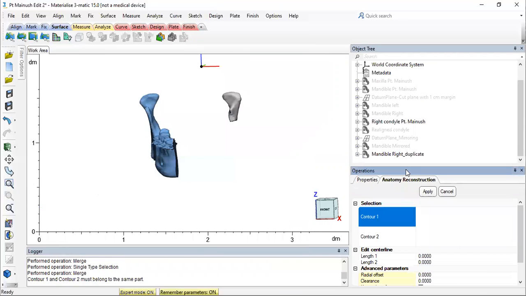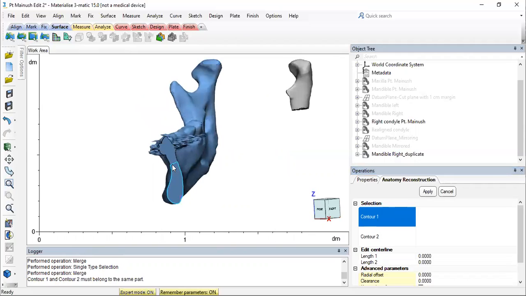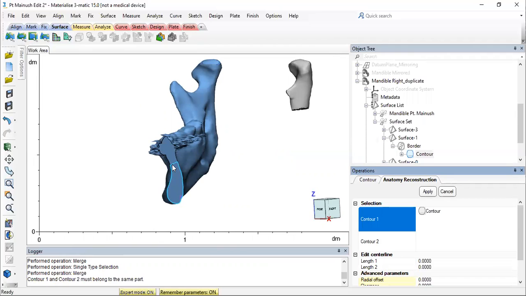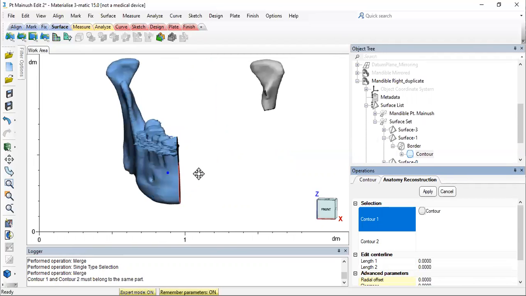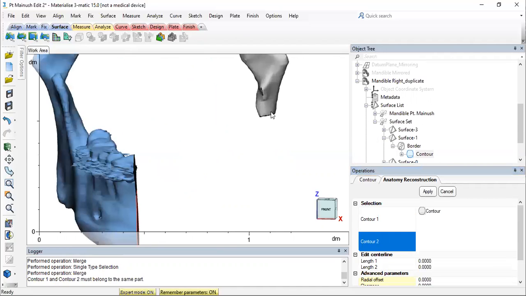For anatomy reconstruction, if you see in the properties window, the input is a contour 1 and contour 2. Now, contour is what I told you, the borders of the surfaces that we create becomes my contour. So that's the reason I had created a contour that I would want to stick. So this is the height I would want my implant to recreate. So this is my contour 1. My contour 2 would be the bottom of this